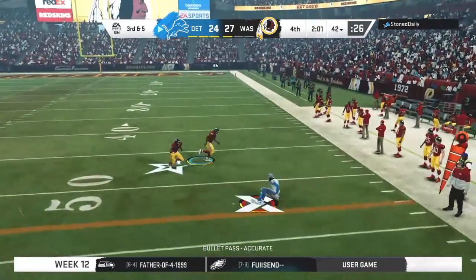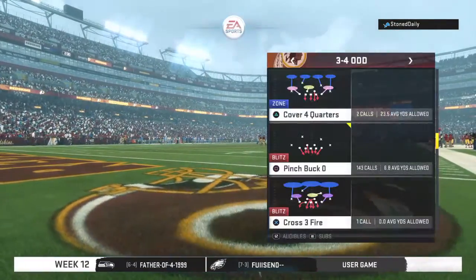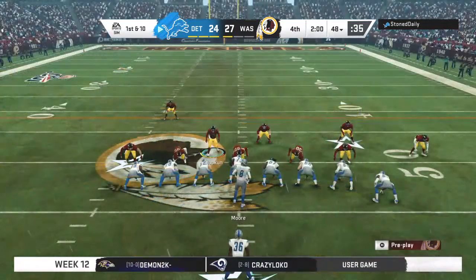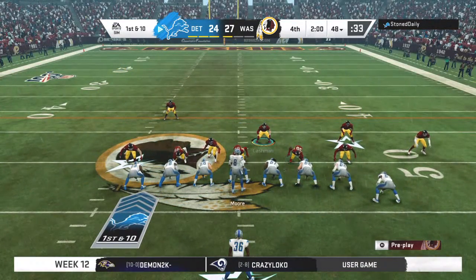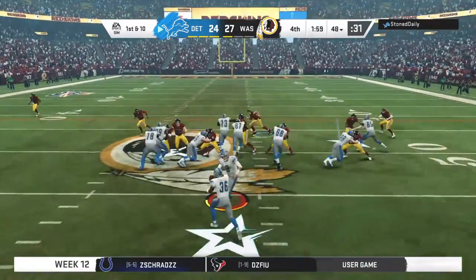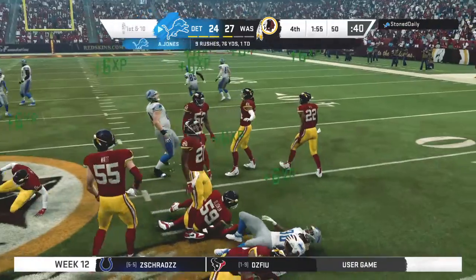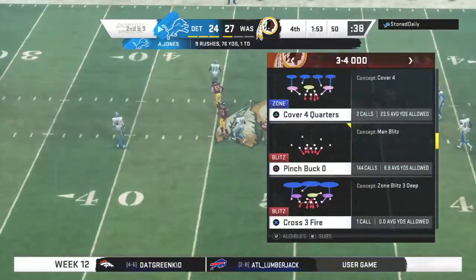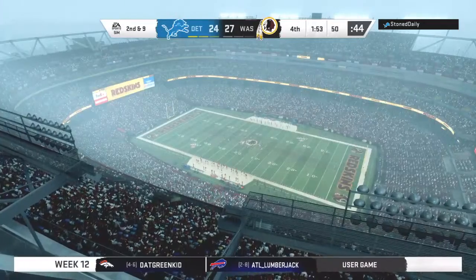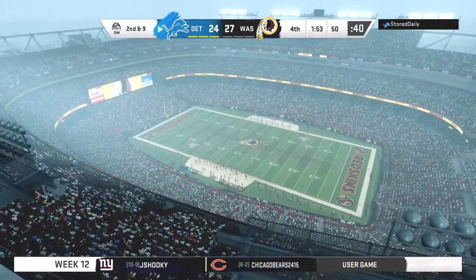Looking to throw. Moore. And he's got the completion to Hopkins. 3 points separating these two sides with 2 minutes left to go in the 4th. So the Lions in possession of the football as we welcome you back. They come up on a 1st and 10, desperately needing a score here on what could be their final drive. And just 1 yard here from the 49 to the 50. And whistles, and we're going to have another stoppage of play as they call the timeout on defense with 1:53